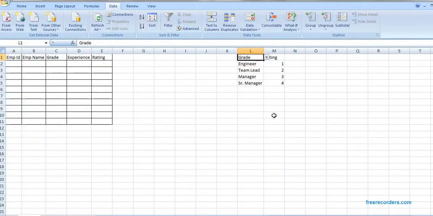Hi all. Today we'll learn how to create a drop down in Excel. Drop downs are used for attributes which have standard values. To give you an example, within a team, let's say I want to create a spreadsheet